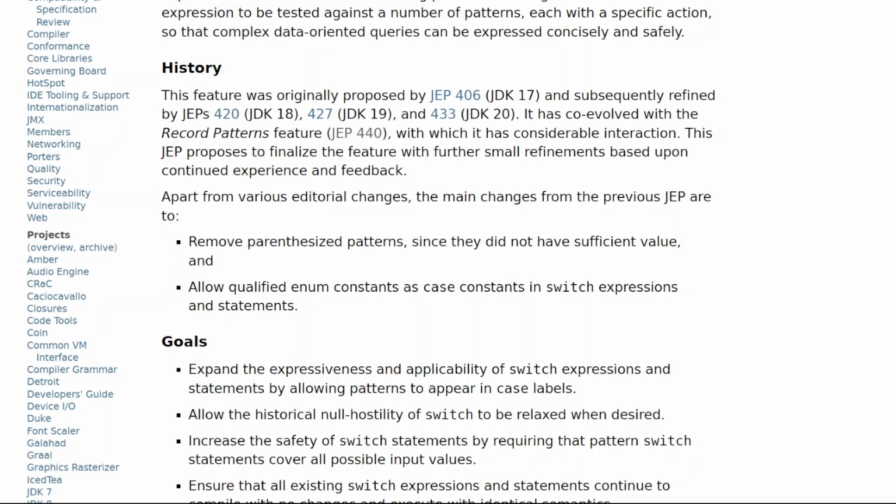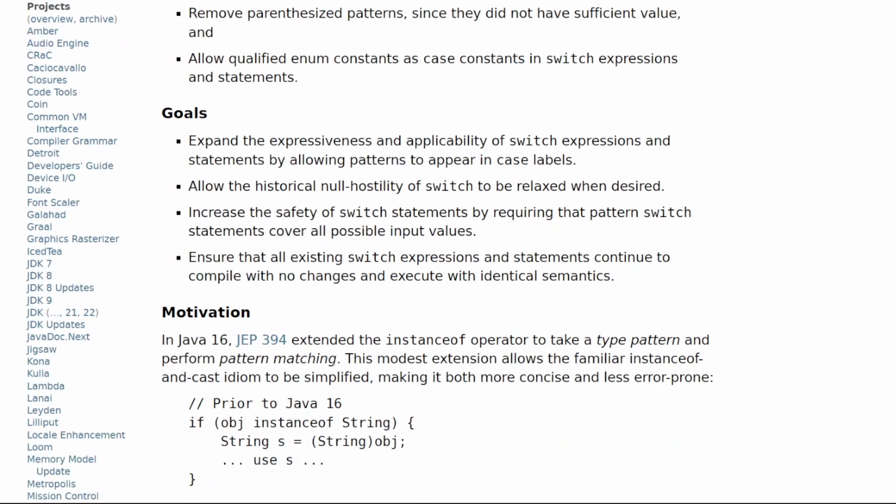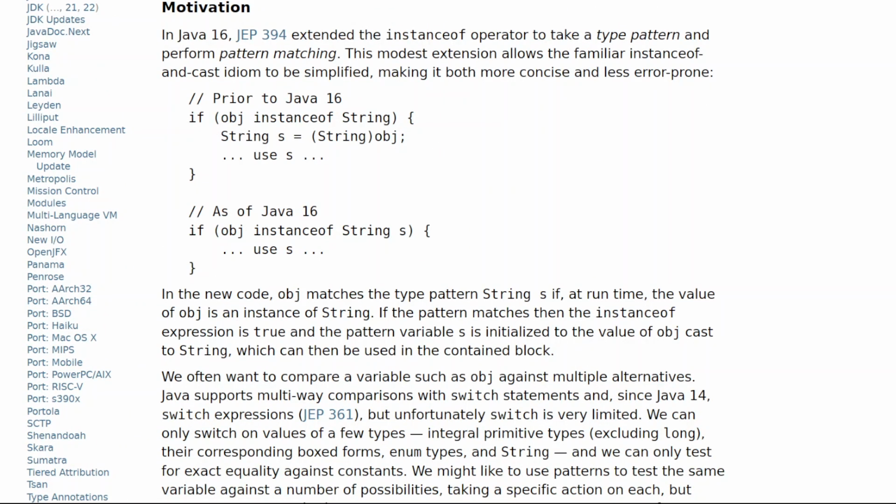Motivation. In Java 16, JEP 394 extended the instanceof operator to take a type pattern and perform pattern matching. This modest extension allows the familiar instanceof-and-cast idiom to be simplified, making it both more concise and less error-prone. // Prior to Java 16: if (obj instanceof String) { String s = (String) obj; ... use s ... } // As of Java 16: if (obj instanceof String s) { ... use s ... }